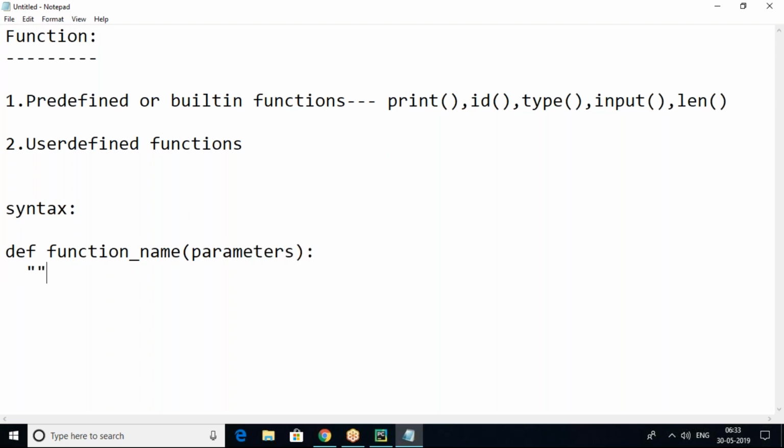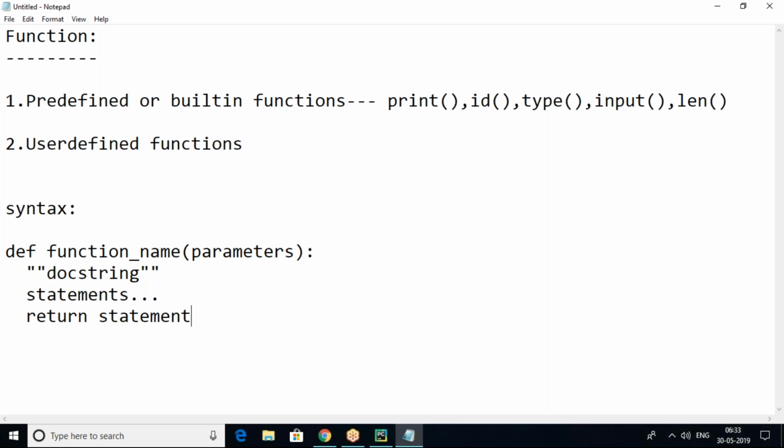Then a docstring, which is a description about your function. Then valid statements. Then after that, the return statement. This is the function creation syntax.